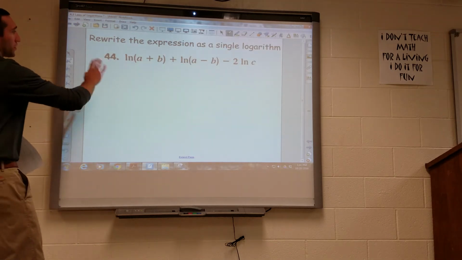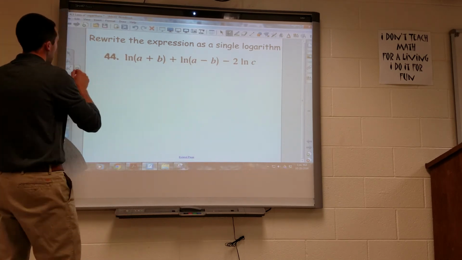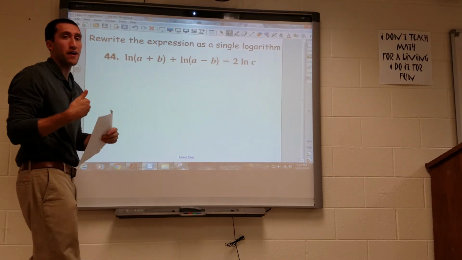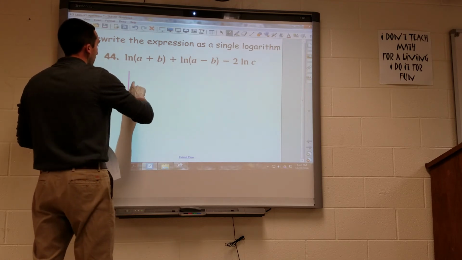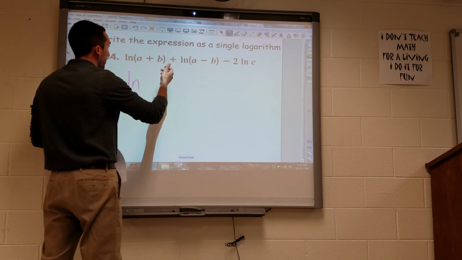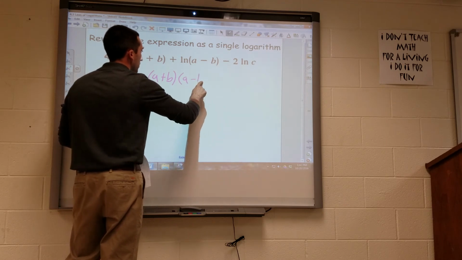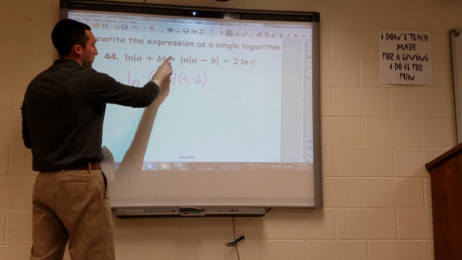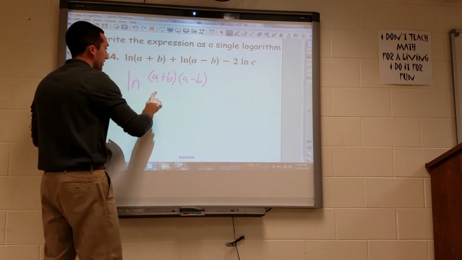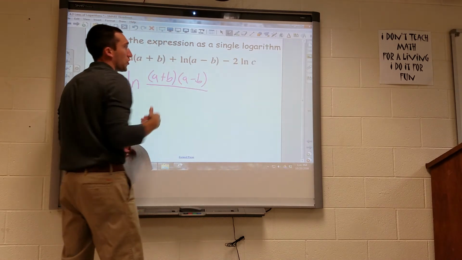Now they want us to take this expanded logarithm and write it in a single logarithm. So my first two, there's a plus in between my natural logs, so that must mean I have the product. So I have ln out in front, out in front of everything. Then I have my numerator is a plus b, a minus b. Okay, so that's my numerator because I'm adding these two natural logarithms, which means it's a product. The minus here means then I divide ln of c,